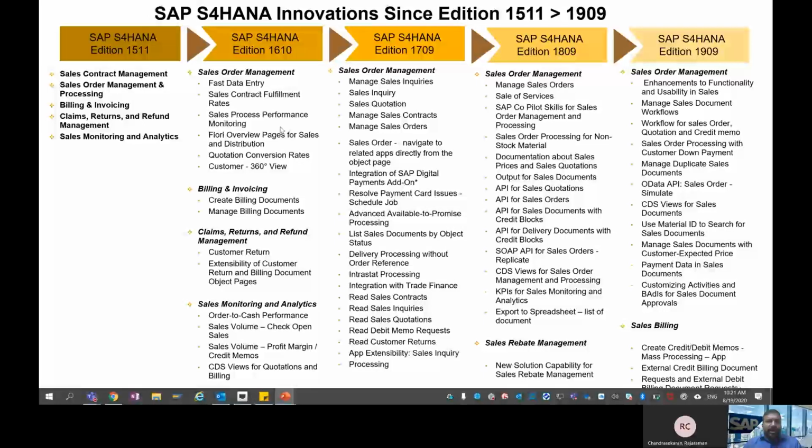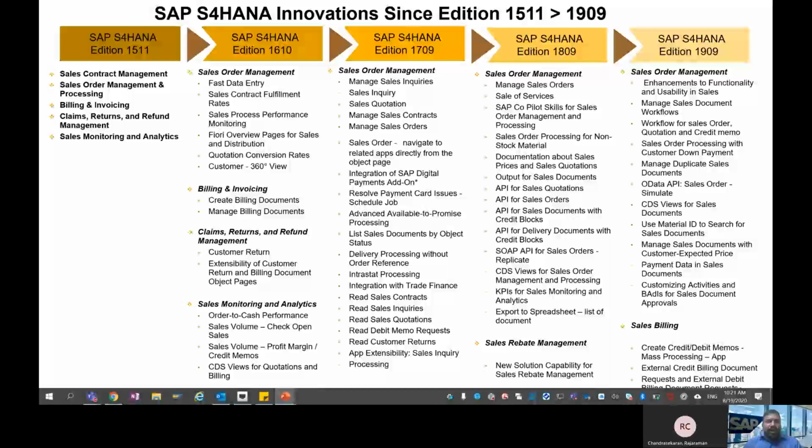We'll start with sales monitoring and analytics. That's where an internal sales representative will be logging in daily. In sales monitoring and analytics, you can see new apps and CDS views to monitor KPIs at each subsequent sub-process level, like quotation, scheduling agreements, sales order management, billing,